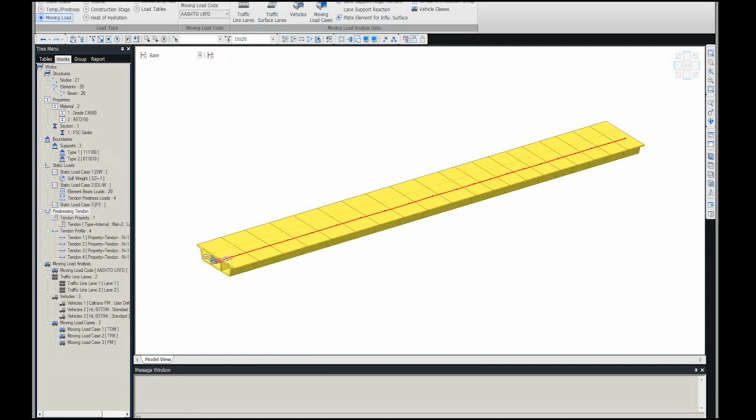Okay, so now we're done with the modeling of this part. Now our structure is ready to perform analysis. But before we move on and perform the analysis, I want to prepare the structure for load rating. So for that, first I want to assign the different elements into different groups. Then I can assign a different